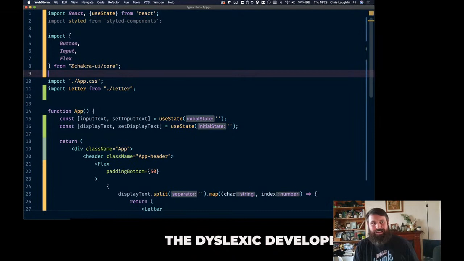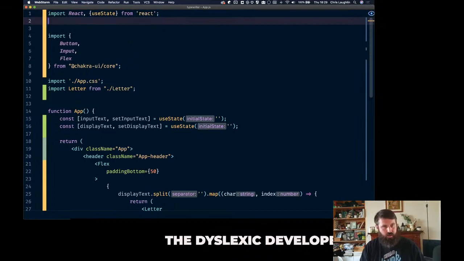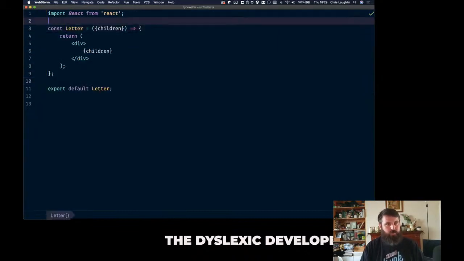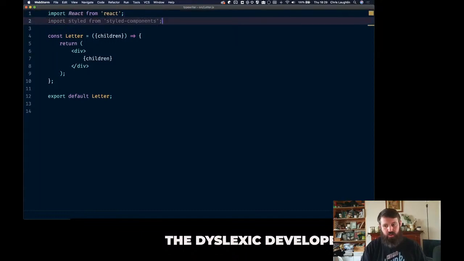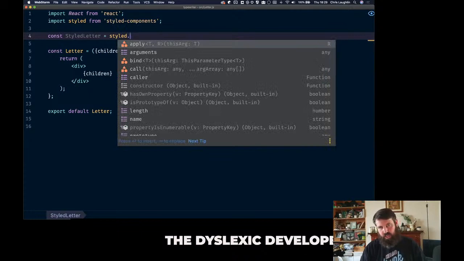So we want to create a styled component for our, oh no, wrong file. We want to create a styled component for our letter. So not in here, we want to go into our letter component. Do that there. So I'm going to say const StyledLetter equals styled, and it's going to be a div